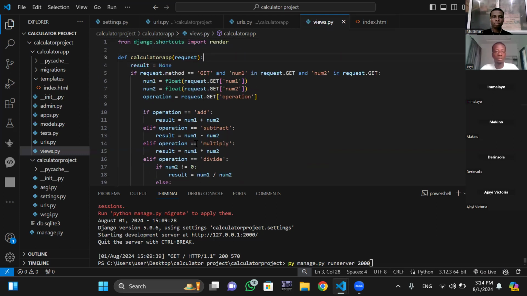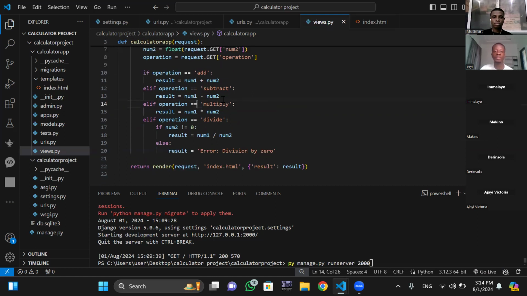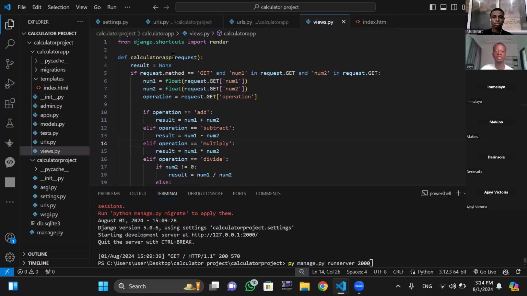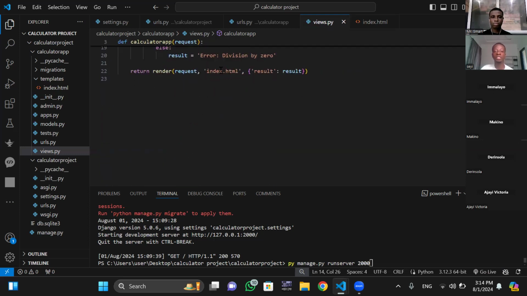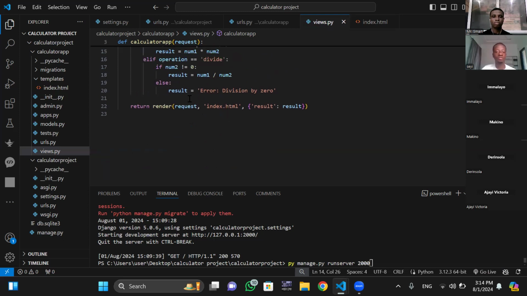So then return render request, index.html. That's from this dev calculator app. It renders this index.html, and the result that we get from here is going to be rendered. And then